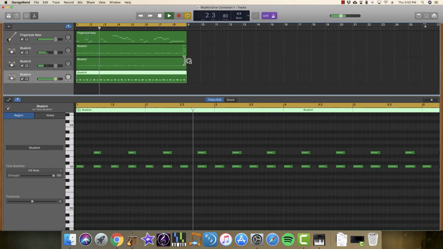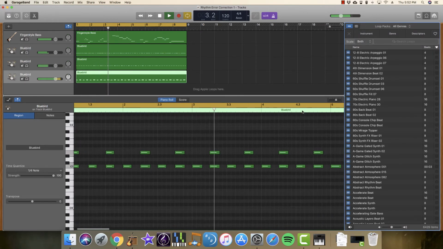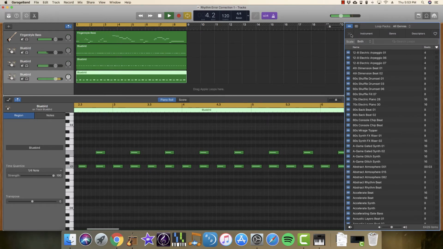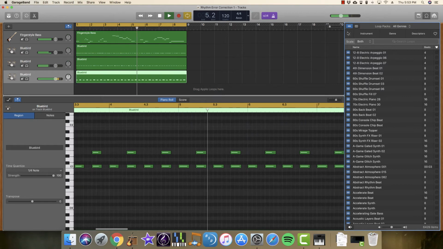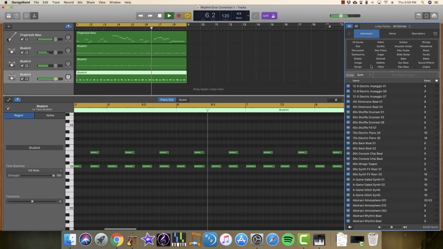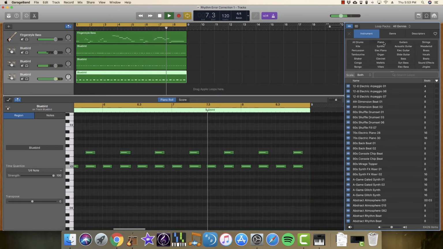And again, the importance of aligning to the timeline is very important. That way, if you decide, hey, I want to do this at a much quicker tempo, you can change the BPM, and since everything's there, you're good to go. This also means you can use some of these Apple loops if you wanted to add some different things like